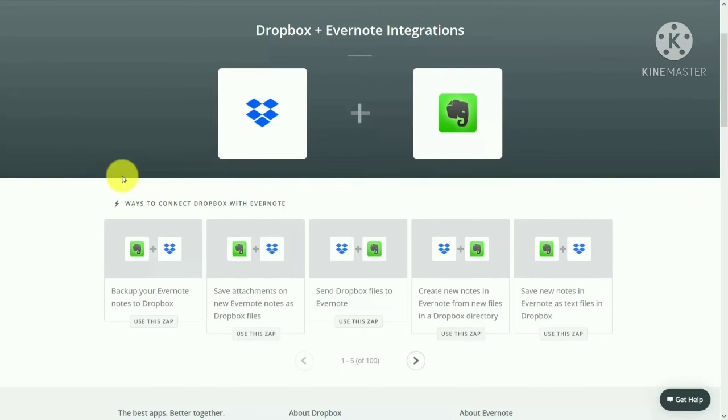Welcome back. There are several integrations available between the popular storage app Dropbox and Evernote. And you'll notice that there are about 6 integrations that you can do with the third-party app Zapier. You want to note which one you actually want to use. For example, maybe if you want to send a Dropbox file to Evernote, what you'll do is you will click